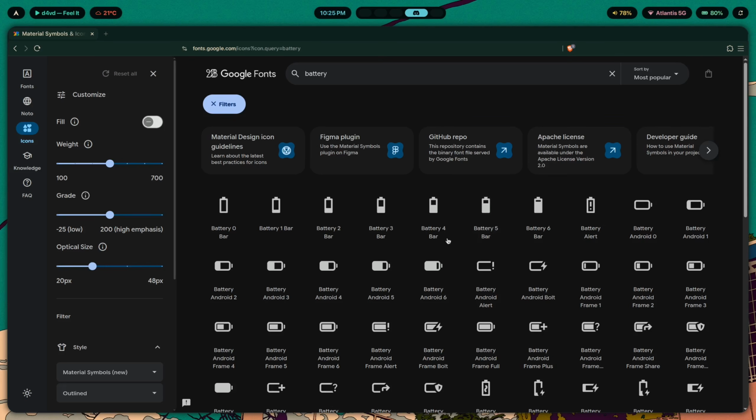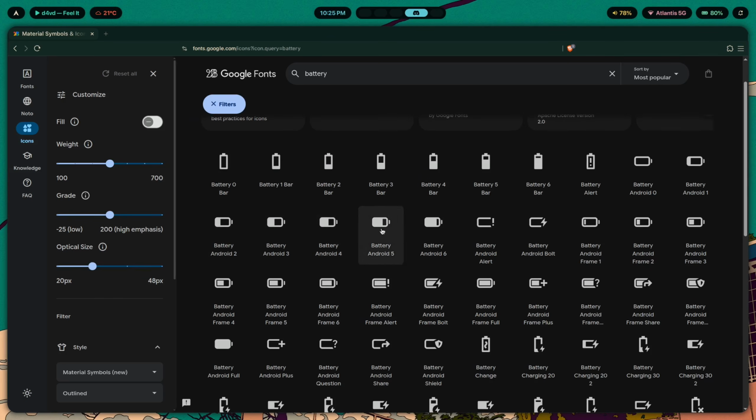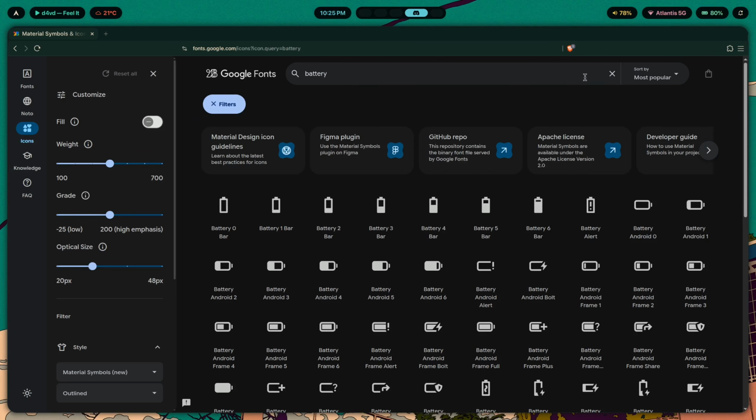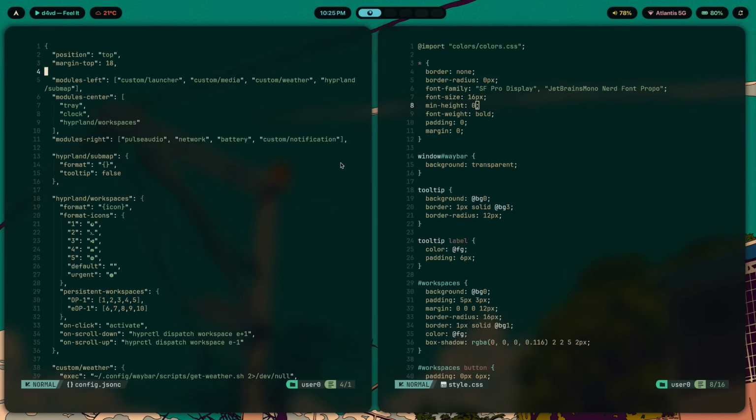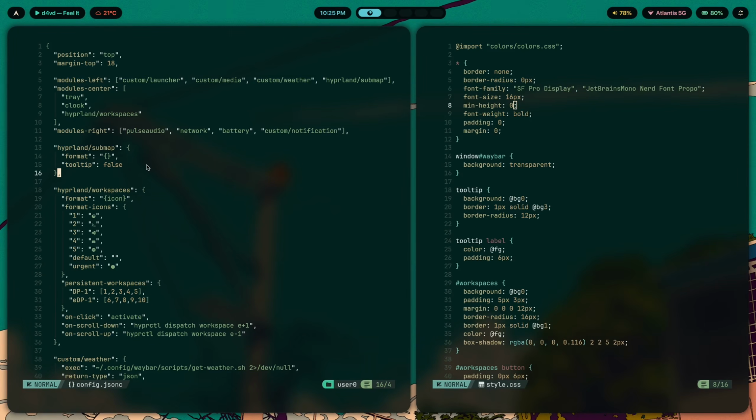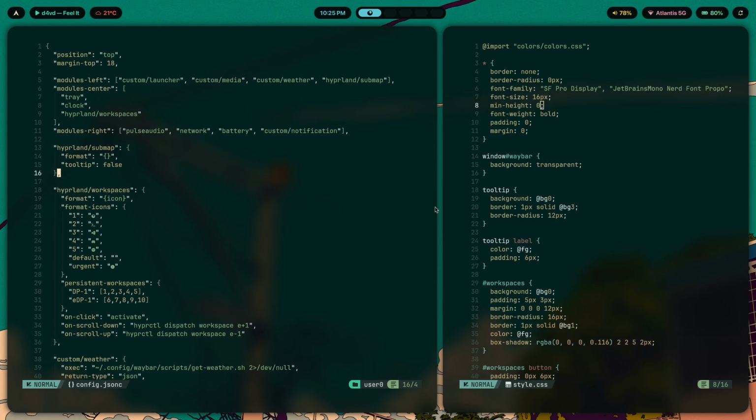There you go. So you see a bunch of different battery icons, and this is the exact one that's used on Android. So as you can see, these ones are definitely better, okay? It's just single-handedly better. So that's what I'm going to help you use. Now, the trick that I'm going to be talking about here is you do not have to actually copy and paste the icon itself. So the way that material symbols rounded, or literally any material symbols variant, for example, okay,